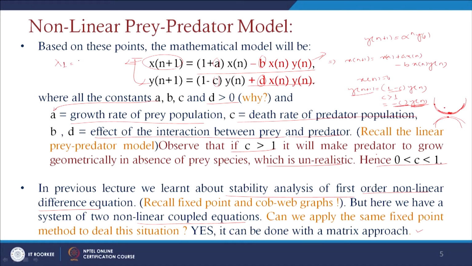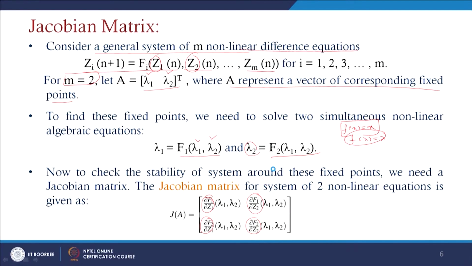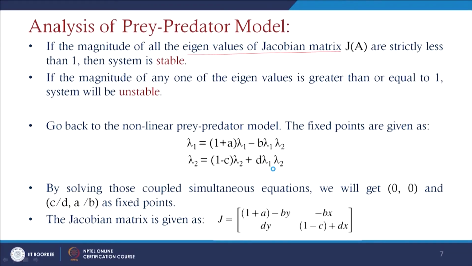So, lambda 1 can be written as 1 plus a lambda 1 minus b lambda 1 lambda 2, since corresponding to x we are putting lambda 1, and corresponding to y we are putting lambda 2. Similarly, lambda 2 can be written as 1 minus c lambda 2 plus d lambda 1 lambda 2. So, by solving this coupled simultaneous set of equations,